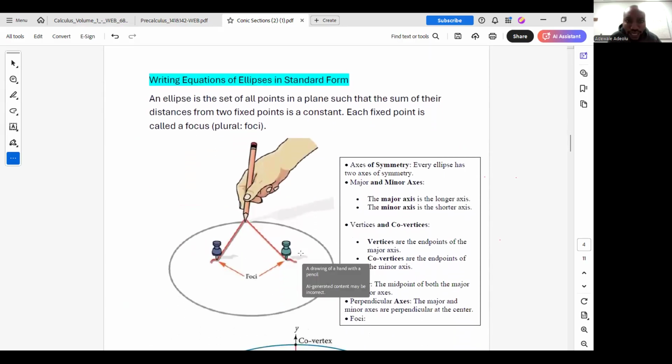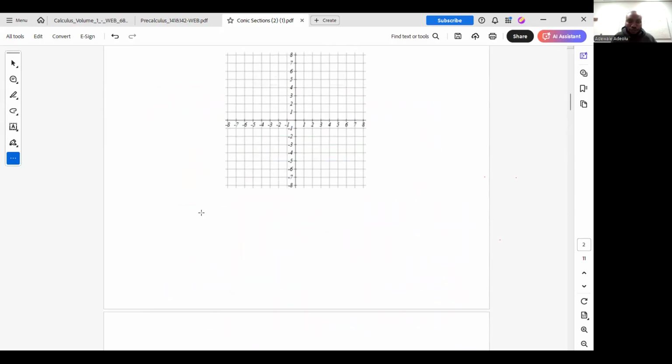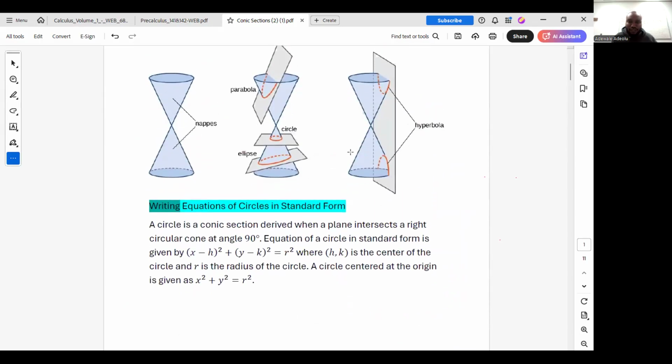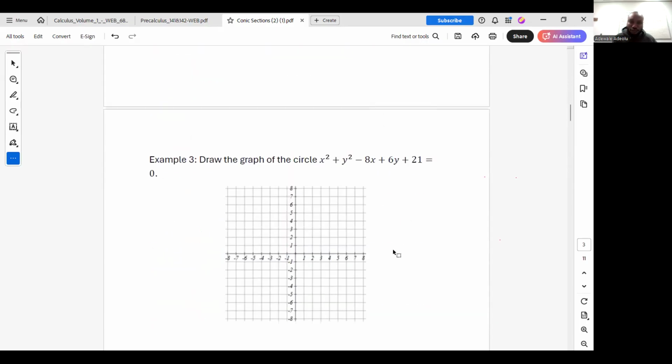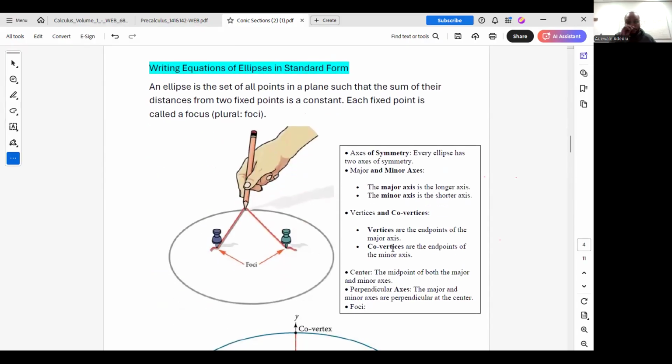Now let us study ellipses. Now, from what I showed you from the beginning, we obtain ellipses when we intersect the nappes of a cone with a plane at an angle. So, in this case, we can obtain an ellipse by